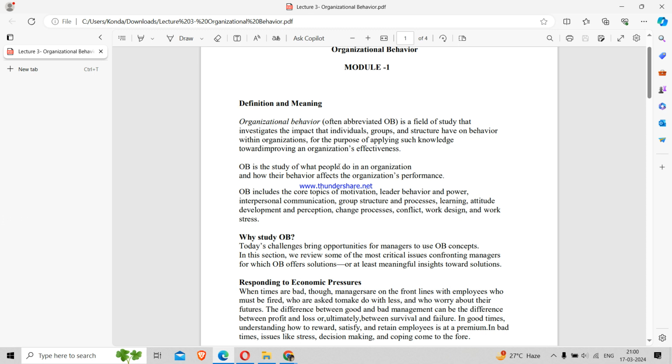We'll study one by one what those are. So I'm just giving a brief overview of it. So what is attitude? It is the way of thinking or behaving towards something. So this is known as attitude.